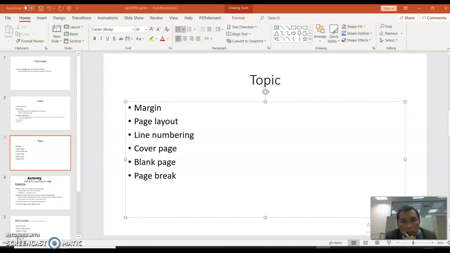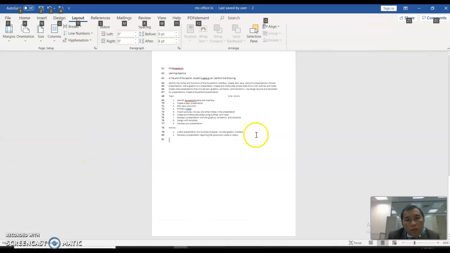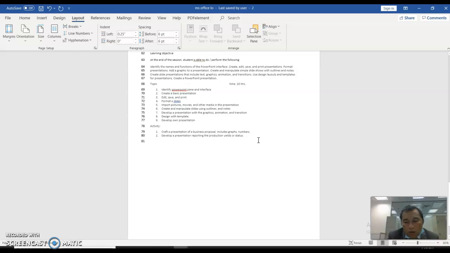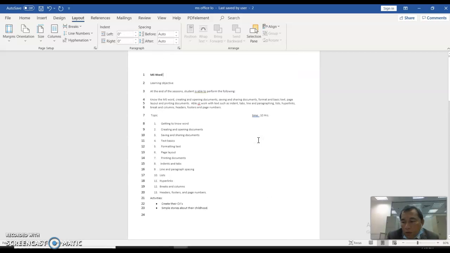Today we'll be discussing margin, page layout, line numbering, page cover, blank page, and page break. Okay, let's consider these documents. So there is a 3 page document. So if we're going to